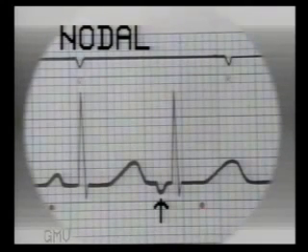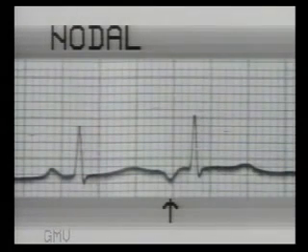This premature beat has an inverted P wave with a very short PR interval. This is a nodal premature beat. The P wave is inverted as the impulse travels in the reverse direction in the atrium, and the PR interval is short because the nodal delay in conduction is eliminated. Inverted P wave and short PR interval. In this ECG, note the upright P wave of the previous sinus beat and the inverted P wave of the premature beat, indicating nodal origin.